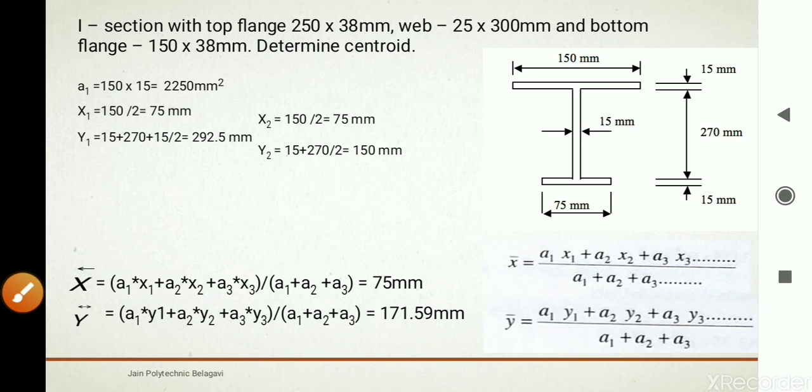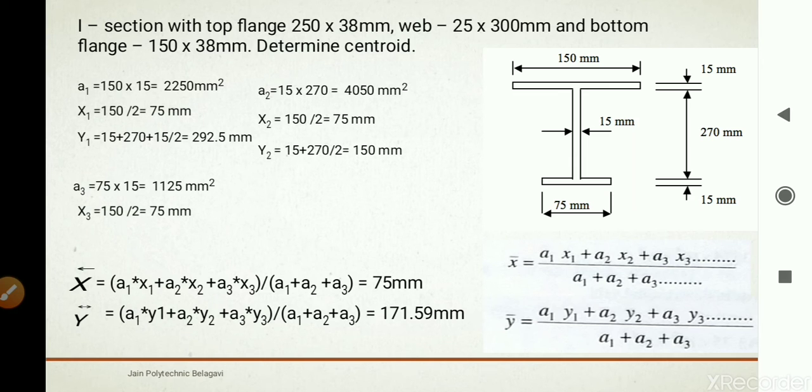Coming to next, area of section 2 is taken as 15 into 270. So 4050 millimeter square. Coming to A3 section, area is 75 into 15 millimeter square, 1125 millimeter square.